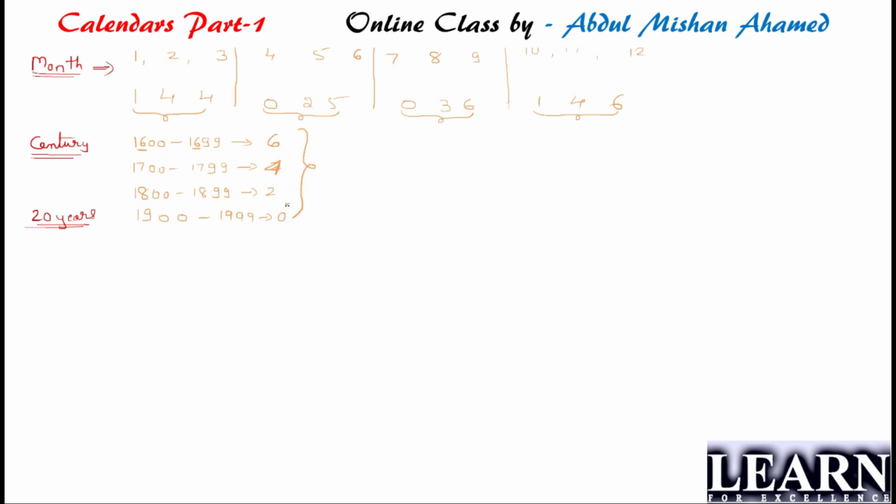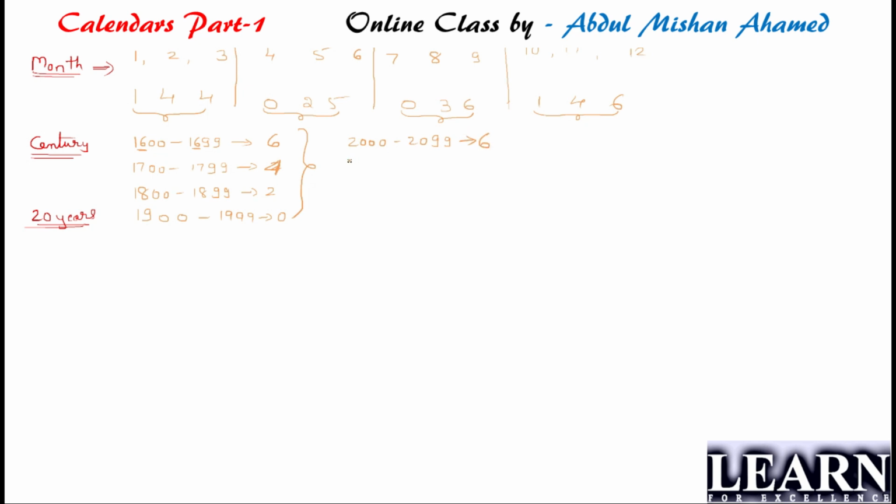Now why have I given this? Why have I not given it in general? This is a basic thing where they may ask questions, because they may ask questions with a round figure of 1600 to 2100, 2200. They may ask in that range. Okay. So now if I'm going to ask what is the century code of 2000 to 2099, guys, what will be the answer? What will be the century code of 2000 to 2099? Yes, good. It is 6.